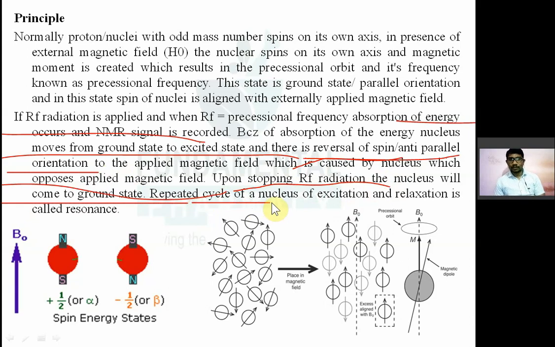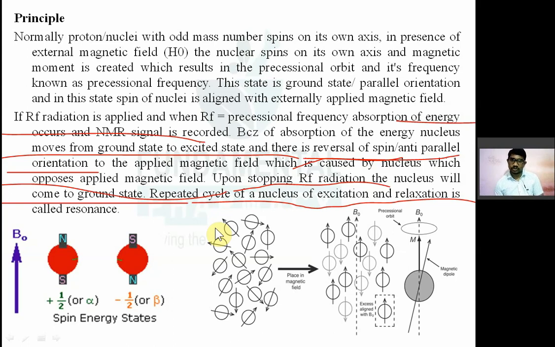Repeated cycle of nucleus, that is repeated cycle of excitation and relaxation. Application of radio frequency will cause excitation of nucleus, and after that it will come to ground state. Again it will go to excited state, again it will come to ground state. जब तक आप रेडियो फ्रिक्वेंसी अप्लाई कर रहे हो तो वो ग्राउंड स्टेट से एक्साइटेड में जाएगा, फिर से रिटर्न आएगा, फिर से जाएगा, फिर से रिटर्न आएगा, जब तक आप अप्लाई करोगे। जब आप स्टॉप करोगे ग्राउंड हो जाएगा।